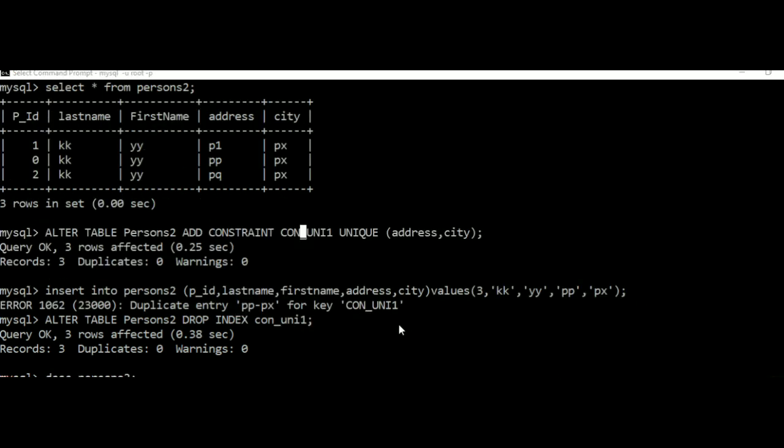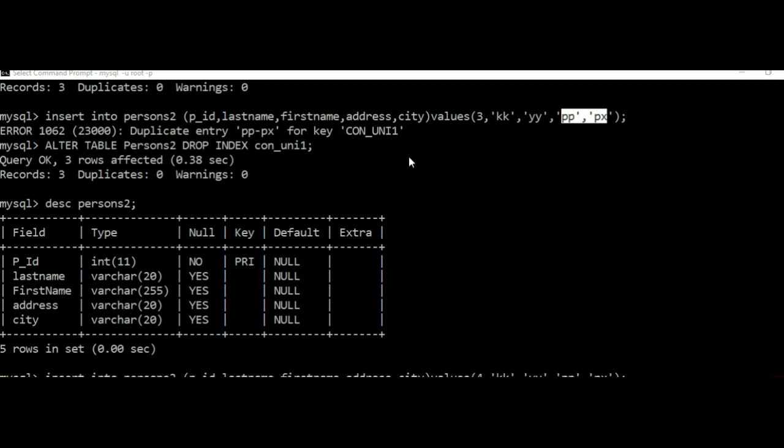So now when I am going to enter the pp and px value as part of address and city, pp and px are already existing here. As we have defined a unique key constraint, it will not allow me to enter the same values here. That is, duplicate entry pp and px for this particular unique key constraint. Okay. So up to now we have a unique key constraint on